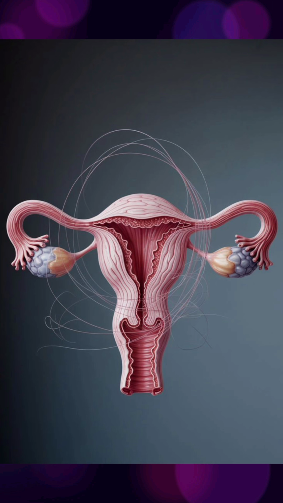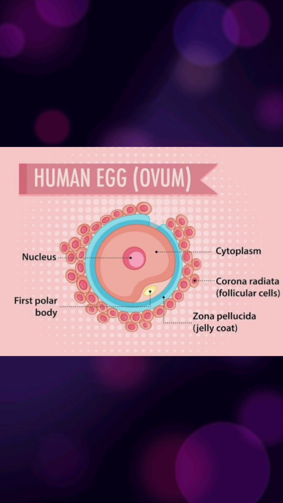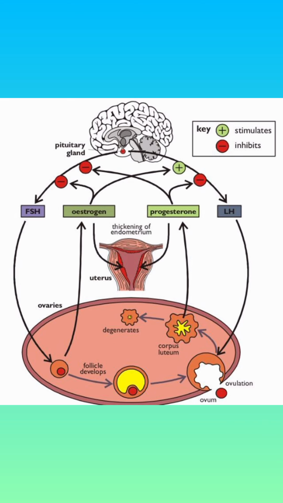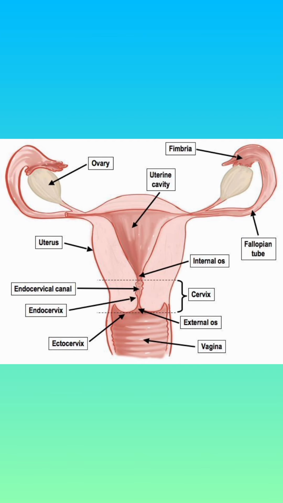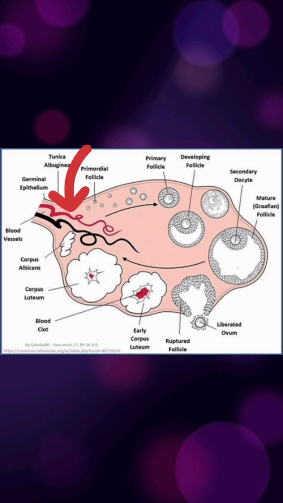Ovaries are primary female sex organs that produce the female gamete called ovum and sexual steroid hormones called ovarian hormones. Ovaries are located one on each side of the lower abdomen. Each ovary is about 2 to 4 cm in length and is connected to the pelvic wall and uterus by ligaments. Each ovary is covered by a thin epithelium which encloses the